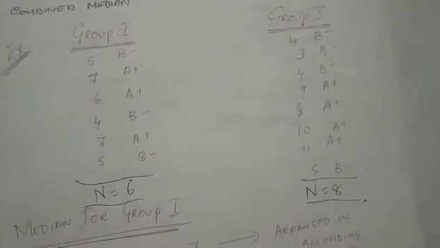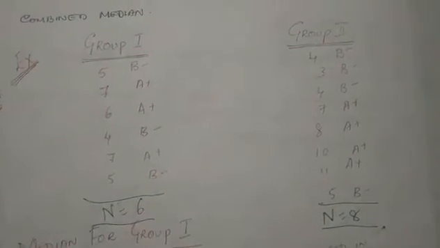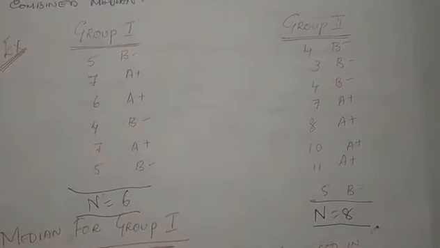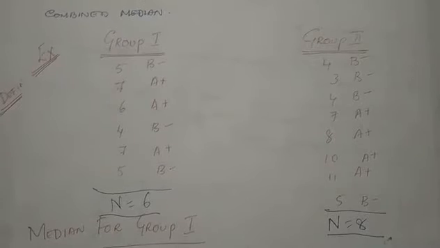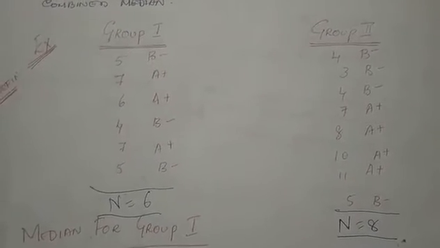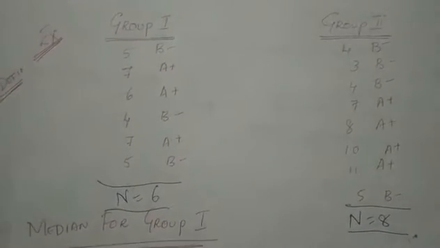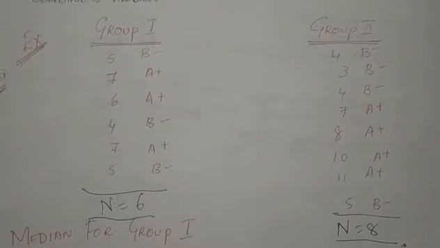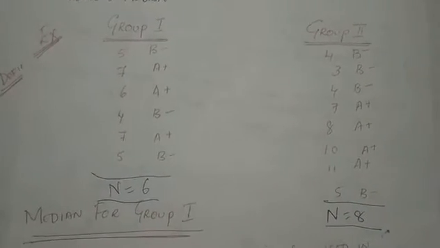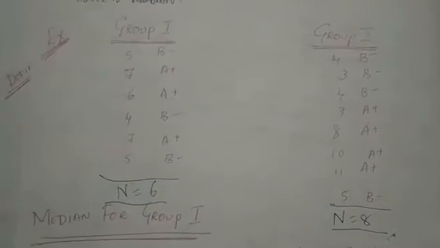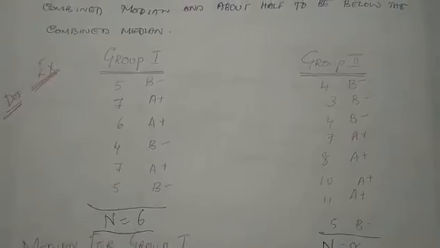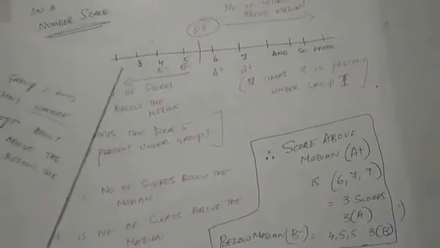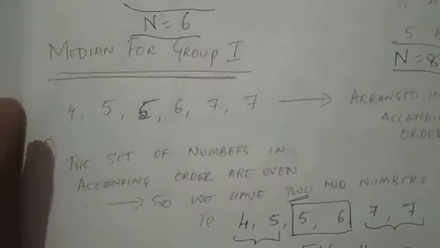So here two groups are given. They are not combined; two separate groups are given. You are asked to find the median for each group, and these two groups are not equal in number, and we cannot expect the median to be the same. So this is not the ideal sample where the median of two groups is the same. They have a different median. So talking about that, we'll move on to understand group 1.